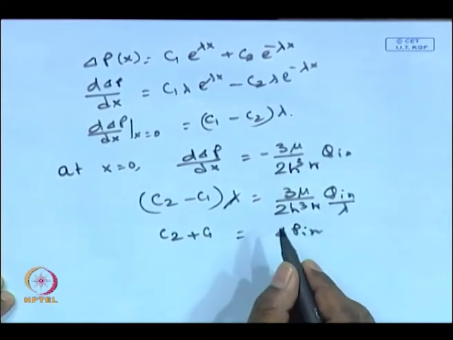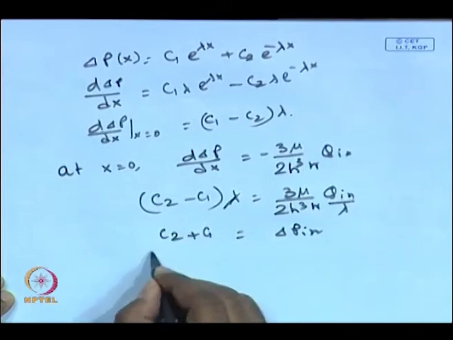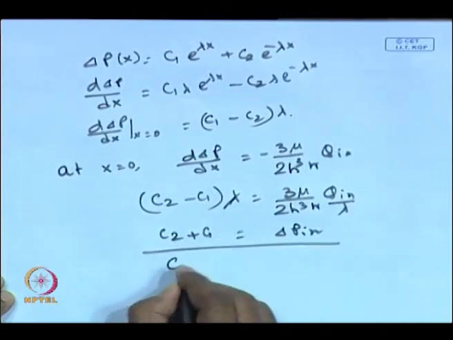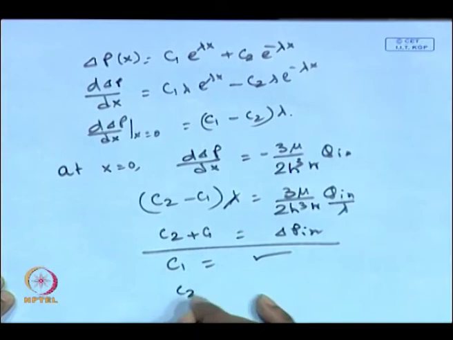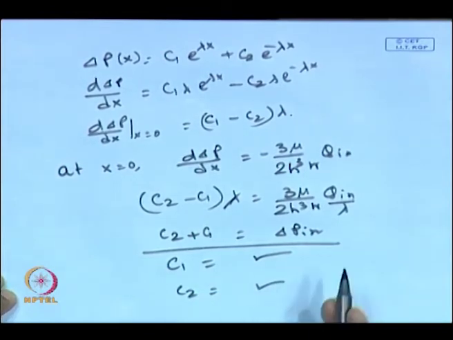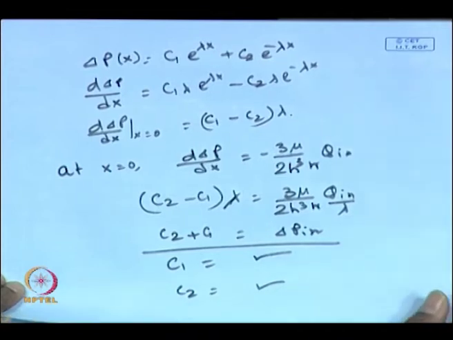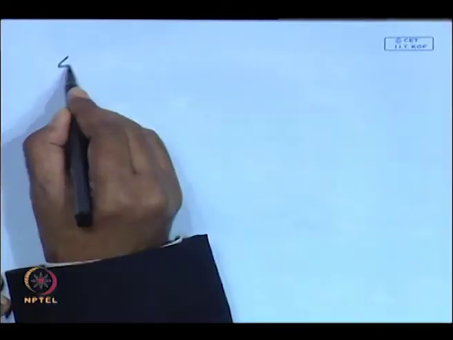Now, you can just add them up, get the expression of c1, and get the expression of c2. Please do that, I am not doing it, and please fill up the couple of steps. If you rearrange, the solution will be constituted with the hyperbolic sine and hyperbolic cos functions. So, I am just going to write down the final expression. You can really fill these gaps up, and the expression that you will be getting is that delta p x